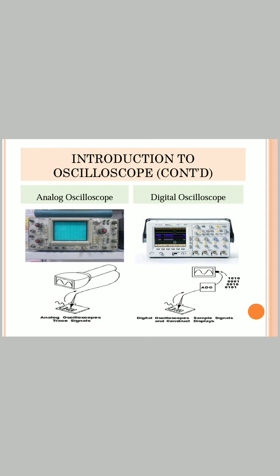Now you can see in this picture an analog oscilloscope and a digital oscilloscope. In an analog oscilloscope, you can measure the waveform by parameters you set manually. But in case of a digital oscilloscope, it automatically calculates all parameters and represents them automatically on our screen. So it is more beneficial compared to the analog oscilloscope. It automatically calculates all electronic quantities with respect to the wave.